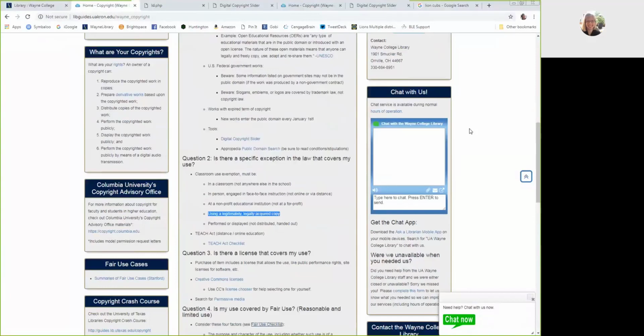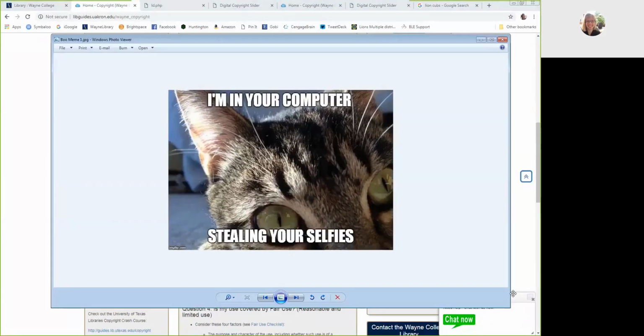Some other things to consider, especially for our students, is the use of memes. We all love a meme, right? Let me pop one up here on the screen. Here's a meme: a picture of a cat, and it says, I'm in your computer stealing all your selfies. Memes are meant to be entertaining.